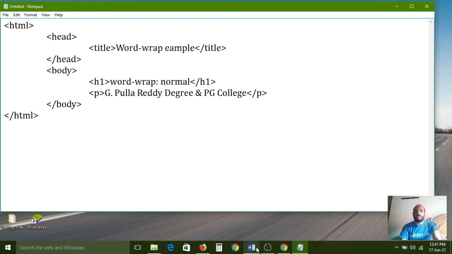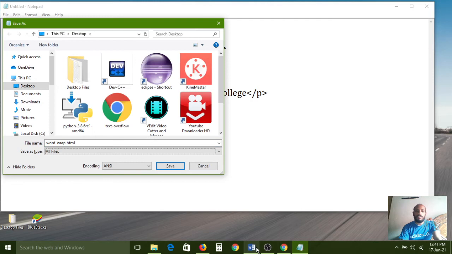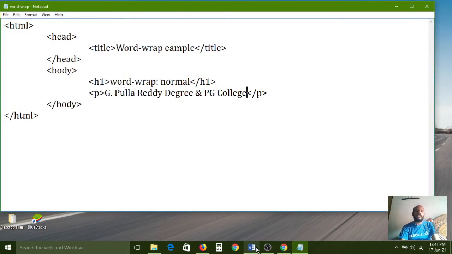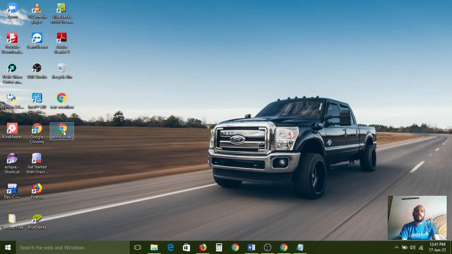So like that we have to define. Now I am saving this as word-wrap.html. Till now we have not defined any styles, just pure HTML. Now I am minimizing this code and executing it.